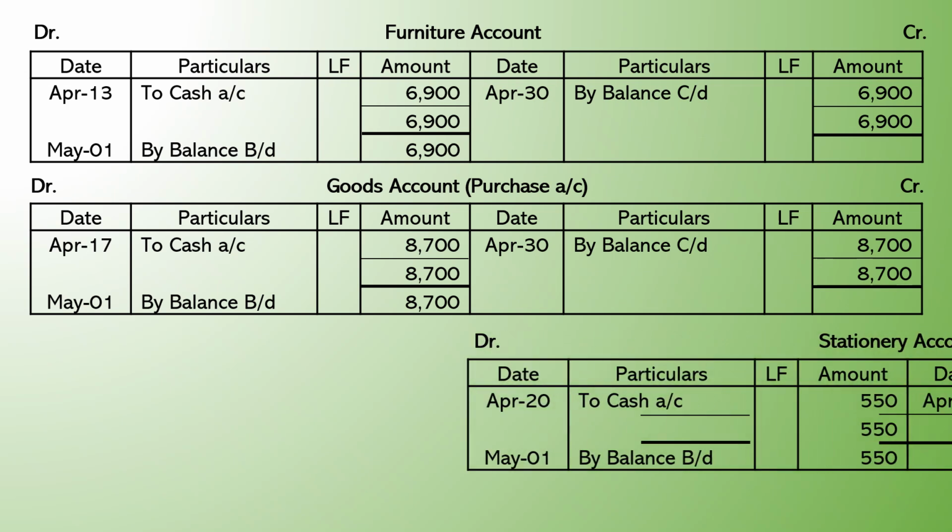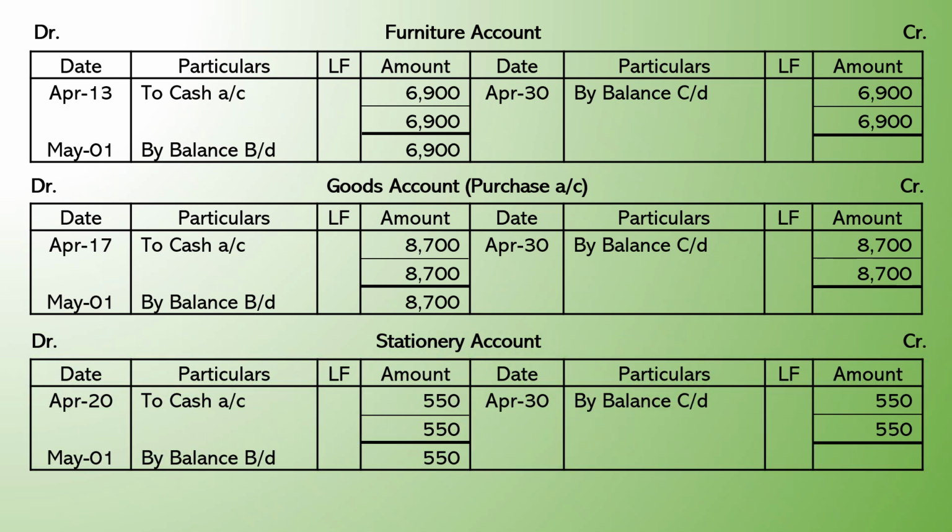For the transaction dated 20th April 2025, in the cash book, stationery account appeared on the debit side. Hence, on the debit side of stationery account, post the entry as to cash account for an amount of 550 rupees. As there is no other entry to post, total the debit side and write difference on the credit side